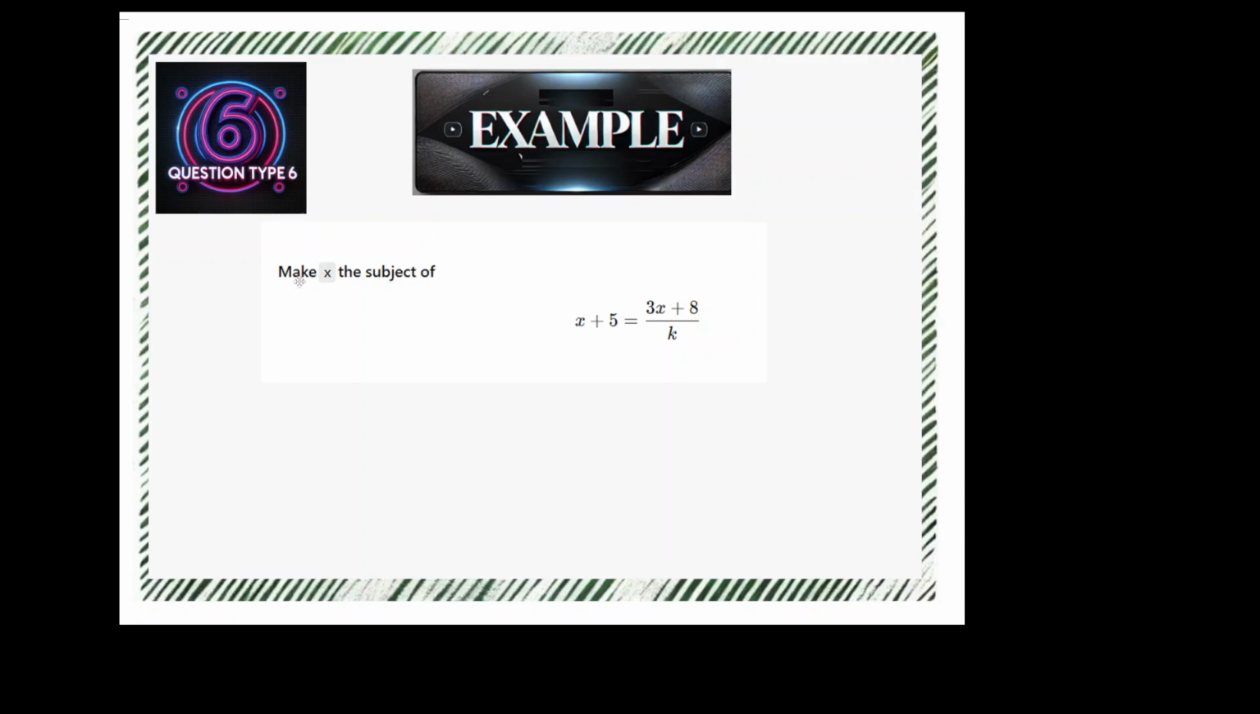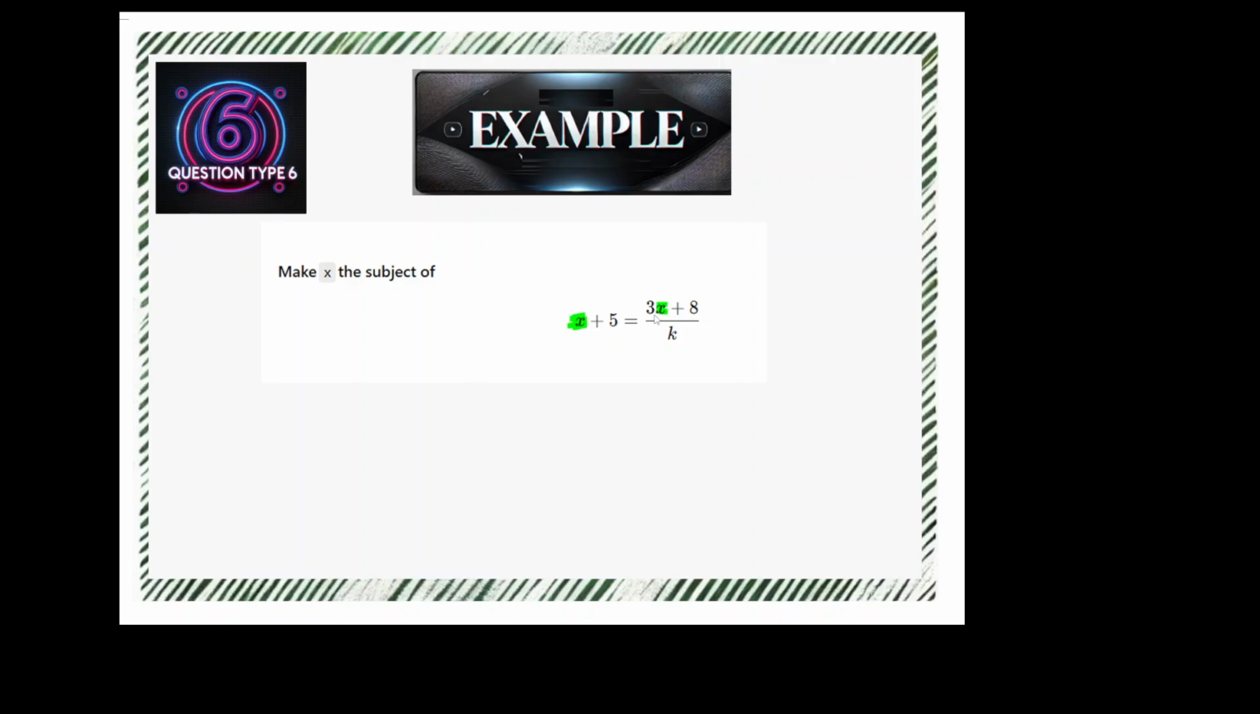Make x the subject of (x add 5) over k equals (3x add 8) over k. Now, this is an interesting question because you can see there's an x here and also there's another x. So the first thing you need to understand is that your final answer is x is equal to something, and you need to combine the two x's and there should be only one x. That is usually the